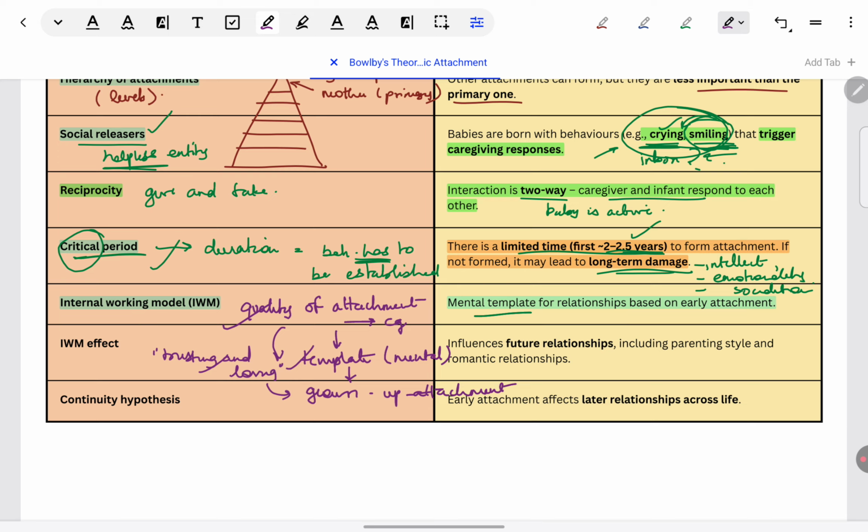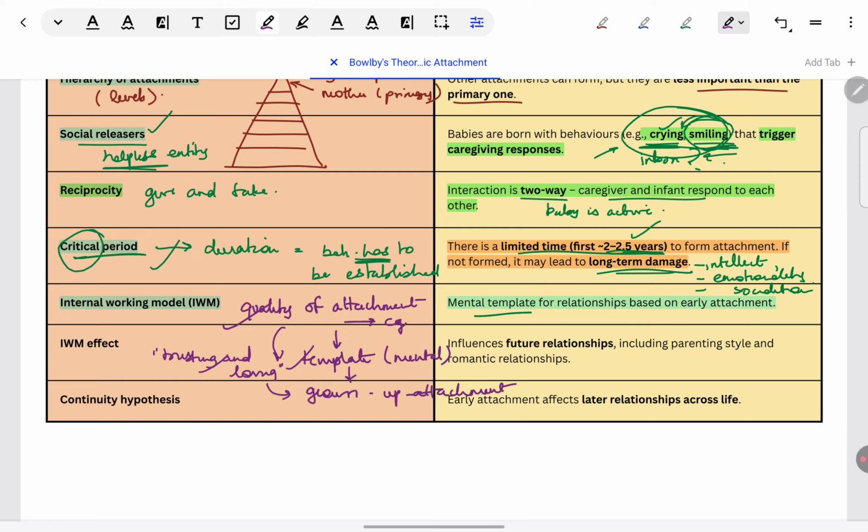The baby-mother bonding. We don't know if literally the mother is still available or not. Do they see each other as much as they used to earlier or not? Doesn't matter. What is important is the mental impression that has formed in the baby. So physical existence of that relationship is still not required. The impression which is in the mind of that individual is going to operate in adult relationships.